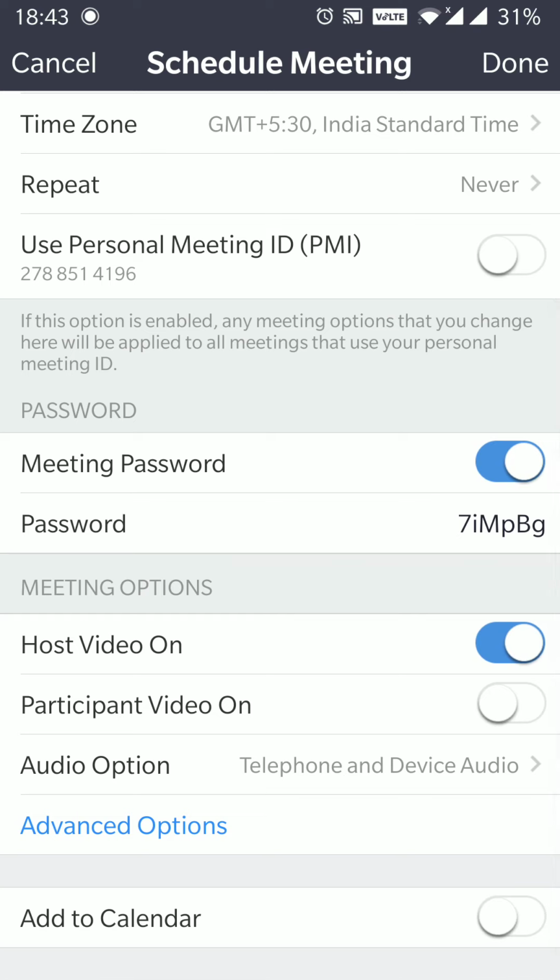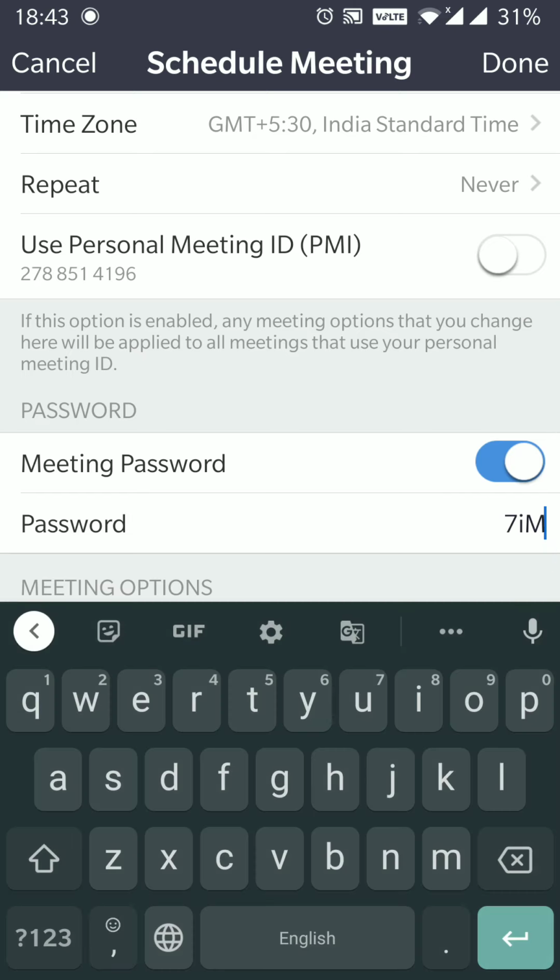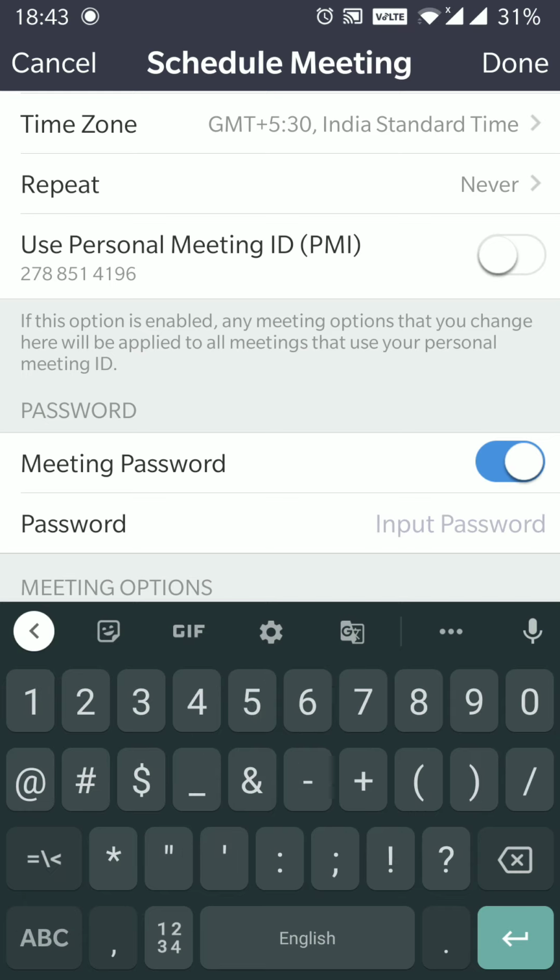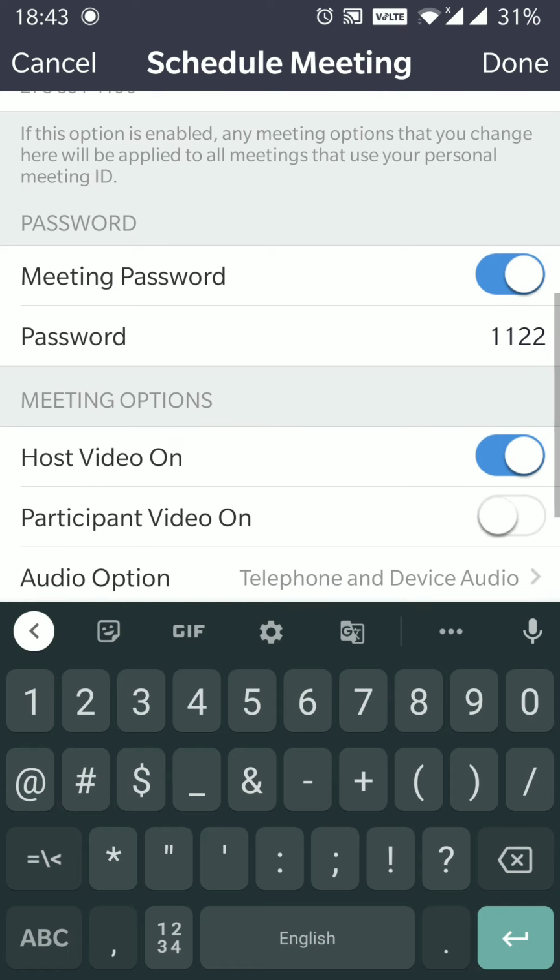Now meeting password, it is recommended that you have a password, but the auto-generated password is slightly complicated. Those of us who are joining from mobile in a meeting might find it really tough. And again, if you are joining from a link, you don't need to input the password. But if you are joining through a meeting ID, then the password is required. While we set it up, we can also make this password simpler. That's totally your choice. But I would like to keep a simpler password, maybe 11220 and whatever. It can be 4 digits, 5 digits, 6 digits. It can be anything.